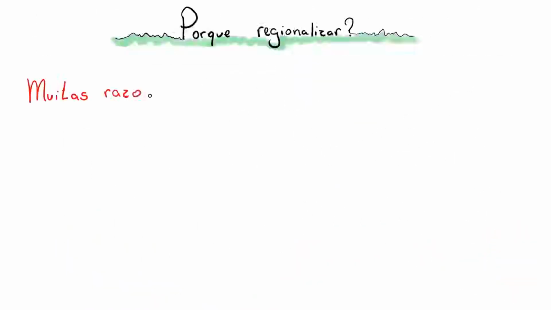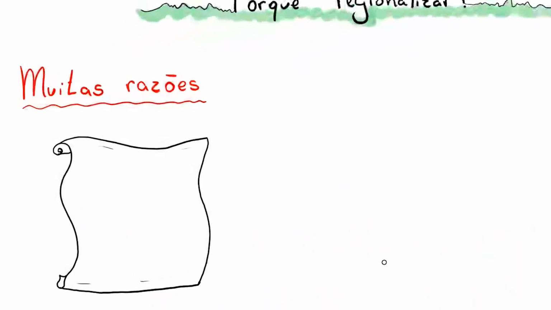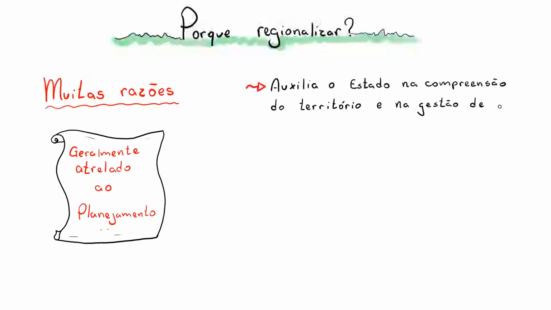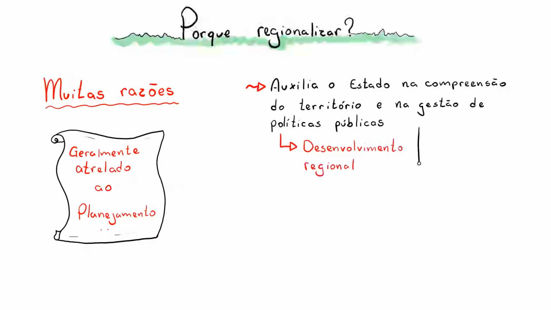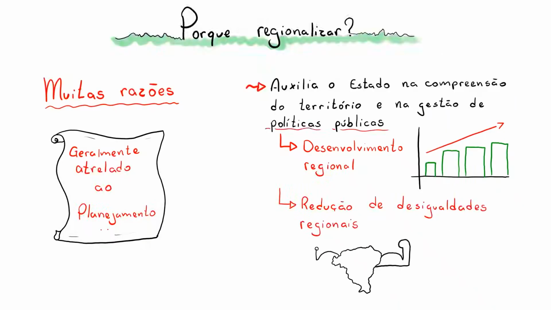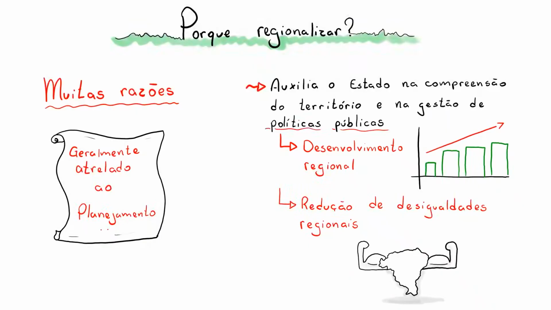What's the importance of regionalizing? Basically, there are many reasons to regionalize. However, the main ones are related to what I mentioned earlier. In other words, understanding and organizing the territory. But why is that important? One example is that it helps the state in managing public policies. For example, through regionalization, you can understand which region needs more attention in a certain aspect. This can be useful to address environmental issues, sanitation issues, basic issues, issues of extreme poverty, which is essential for the country's overall development.